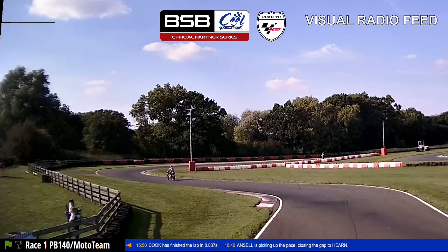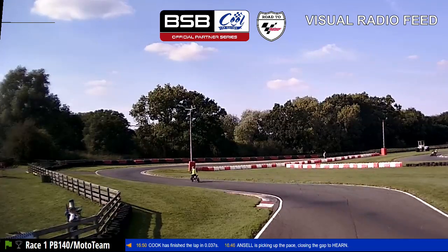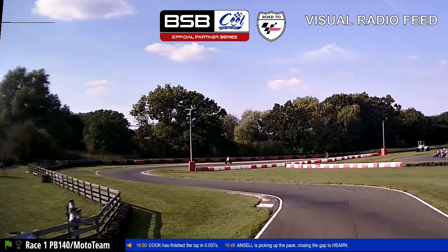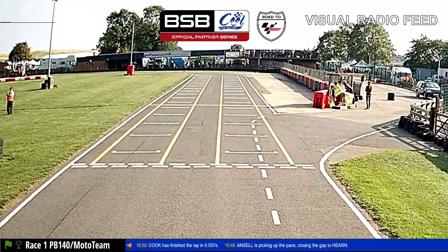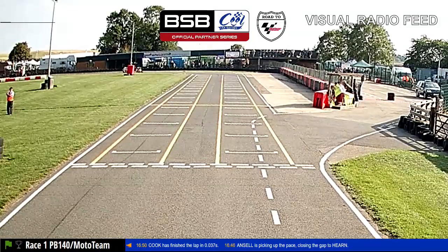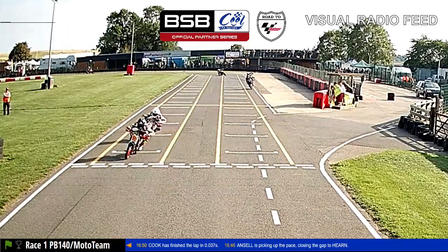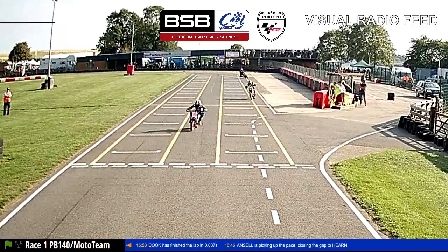He's building through turn 7 now, through the left-hander, down into another left-hander, harder braking area at turn 8, flick it right, get the drive out of turn 9. They are side by side. Max Cook's going a long way around, doesn't quite make it, throws Nesbitt in early and out wide. Max Cook's going to try and get the drive to the long right-hander that ends this lap. They are still neck and neck, absolutely head to toe, come across the line, and it is still Nesbitt ahead